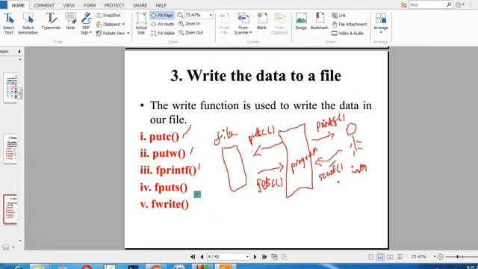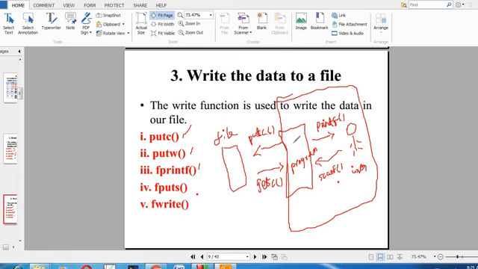Then here I have represented one diagram, which is very important. All of you look at here. Here we already know these two things: program or computer, and this is a user. If our program or computer wants to read any input from the user, with the help of scanf we can get it.